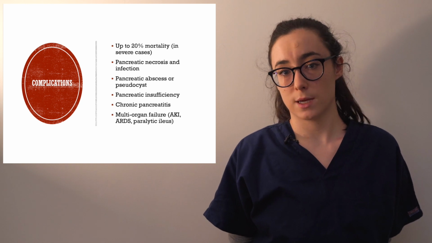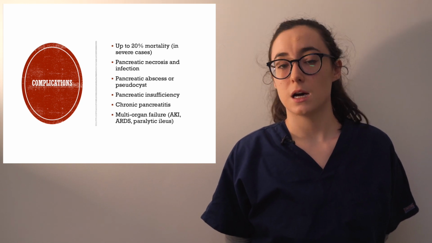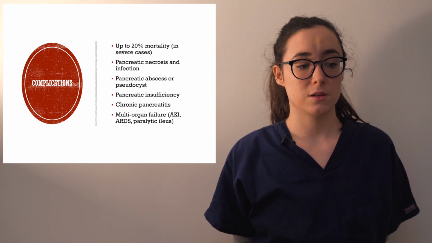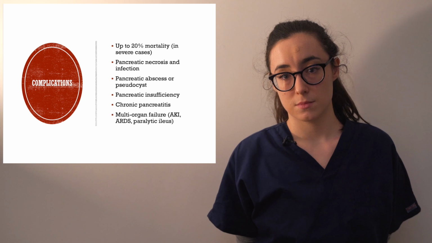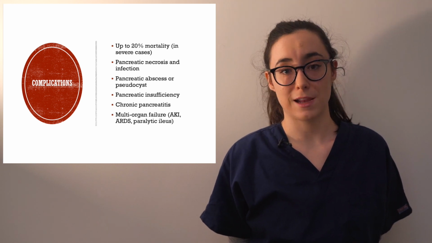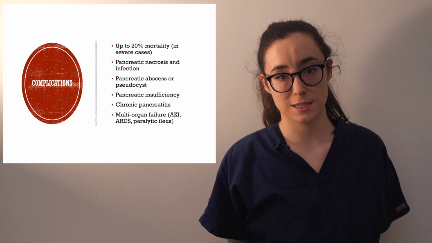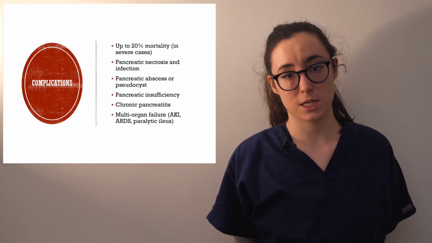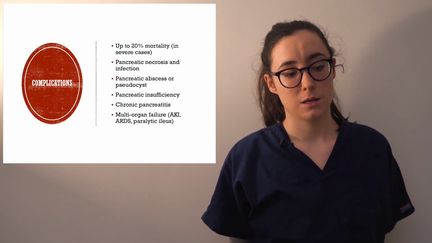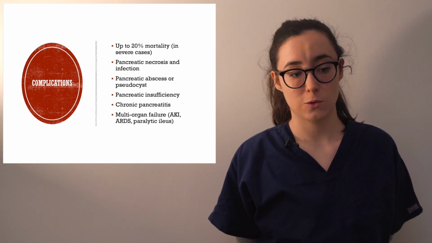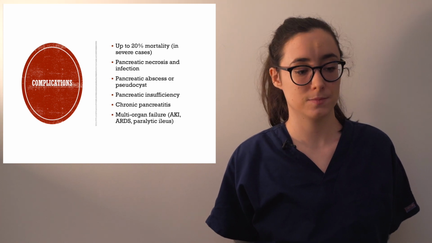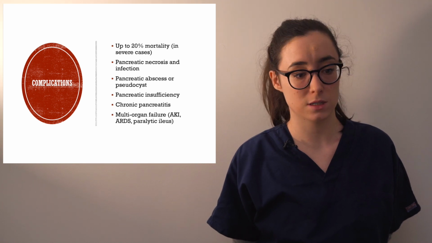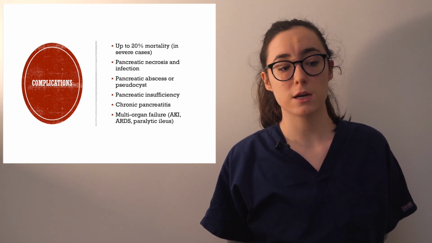So what are the complications of pancreatitis? Up to 20% of severe cases may die. And this can be from a number of reasons. There's multi-organ failure in severe pancreatitis. This may present as ARDS, so acute respiratory distress syndrome, AKI, which is acute kidney injury, or paralytic ileus, or disseminated intravascular coagulation. You can have chronic pancreatitis and chronic pancreatic insufficiency in the long term, and also pancreatic necrosis,